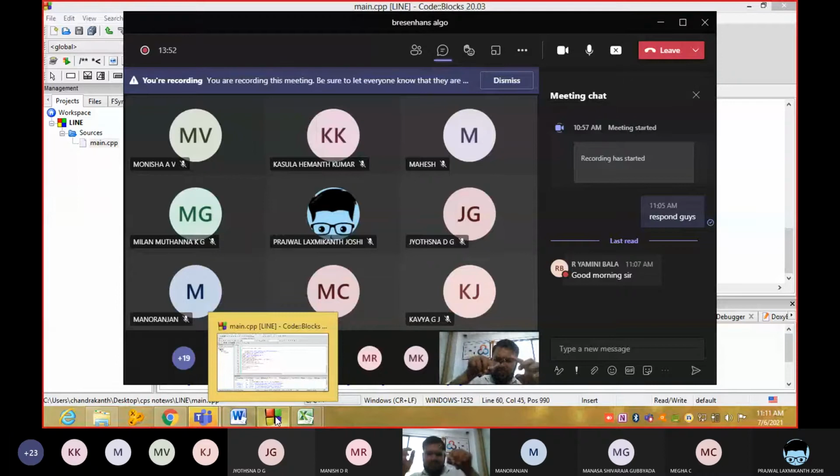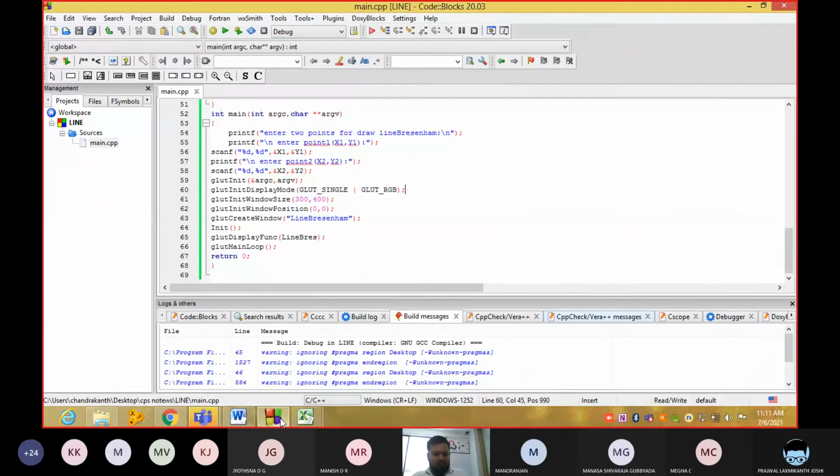See guys, in the line, we know the starting pixel values and we know the ending pixel values. We did not know the intermediate pixel values. We need to find the intermediate pixel values of a line. In the DDA algorithm, we were supposed to do rounding. In Bresenham's, we were not supposed to do rounding. We used to get the exact answers. Let us see what will be the output.